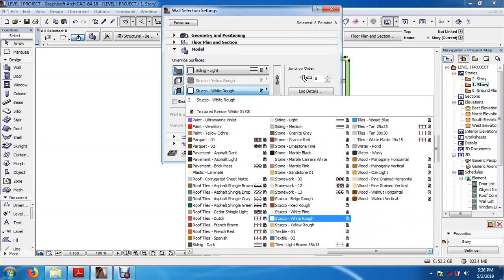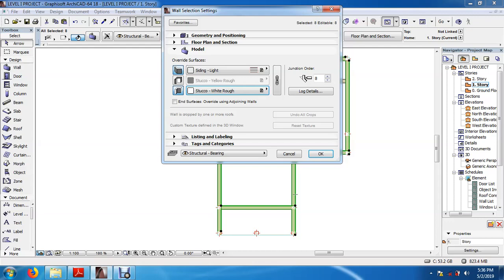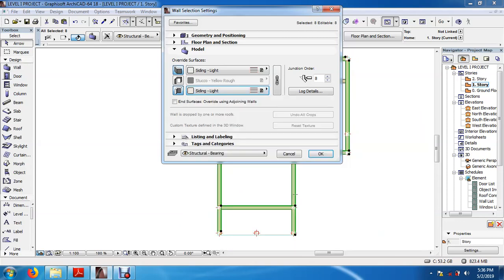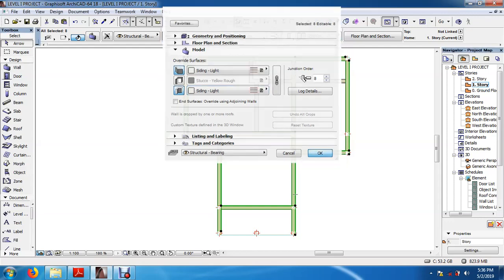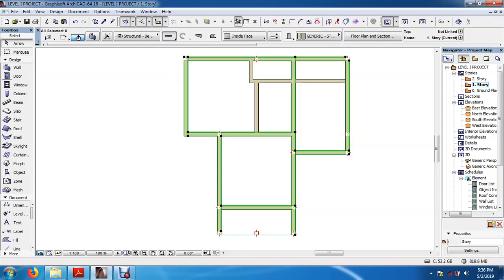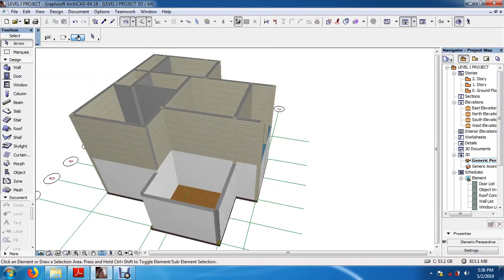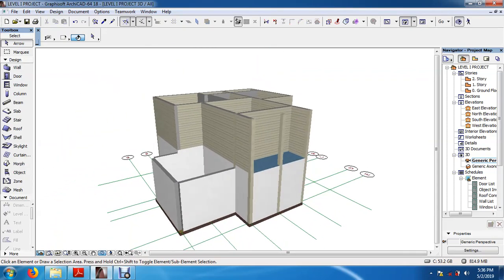Let's see where it is. Sliding light. Where are you? Sliding light. Where are you? Okay, here it is. Select it. Then you click OK. Press F3. There you are. So what do you notice? Totally different from